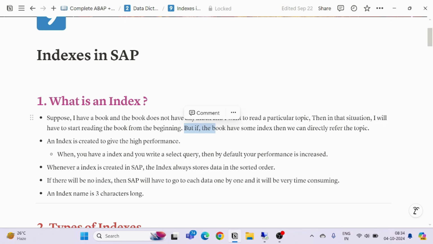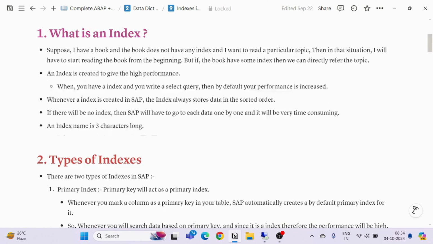But if the book has some index, then we can directly refer to the topic and it will save us a lot of time. So what is the use of the index? An index is created to give high performance. So if we are creating a particular index, what is it going to do? It will give us high performance. When you have an index and you write a select query, then by default your performance is increased